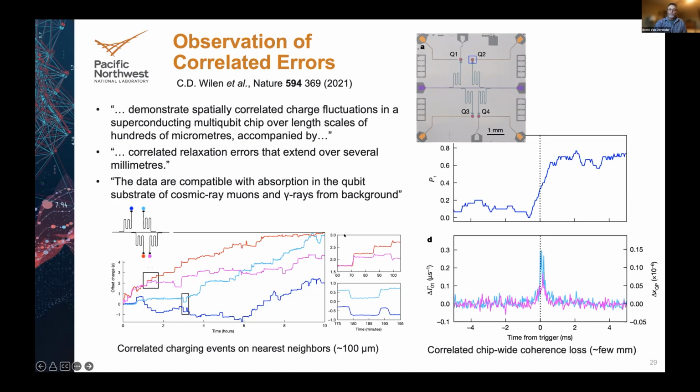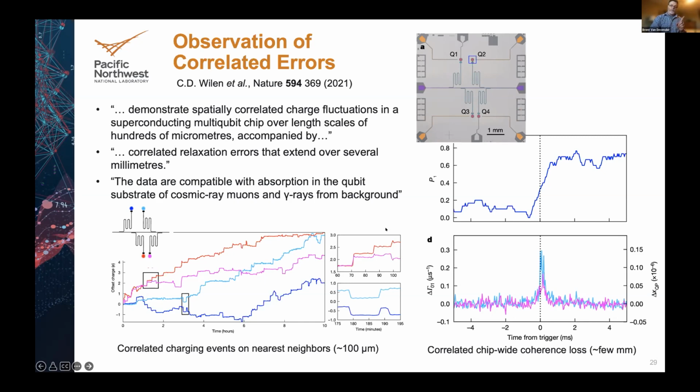But what you do see is you can use one qubit as, say, a trigger. Like you can take this upper blue qubit, use the charge event as a trigger, and then ask what do the coherence times of all the other qubits on the chip do in correlation with that. And you see that in the bottom plot. So the top plot is a typical charging event. The bottom plot is an average of a bunch of coherence measurements taken in coincidence on the 2 chips, on the 2 qubits across the chip. And you can see that they have a spike in the plot is the relaxation rate.